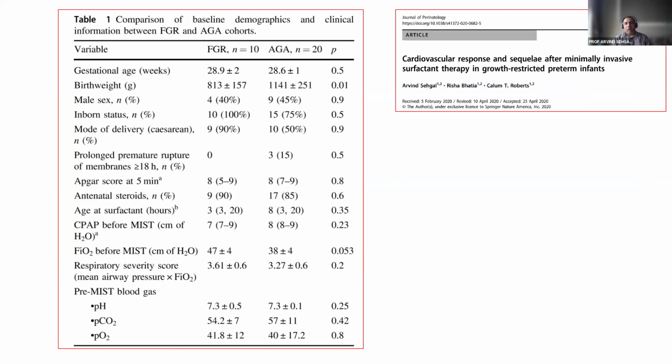Now, once these infants are born and they need oxygen, what we generally do is we give them surfactant. So we were interested, this is a more recent 2020 work from internal Monash collaboration with Risha and Callum. And we just wanted to see whether their responsiveness to a very common neonatal intervention in terms of surfactant is different. So the first group is the FGR population, double the number of AGA population. It's comparable in all respects. Of course, the birth weight is lower and similar respiratory support requirements to begin with, similar